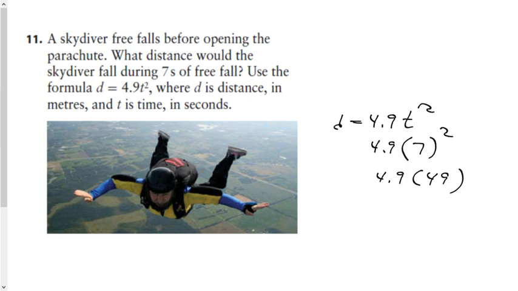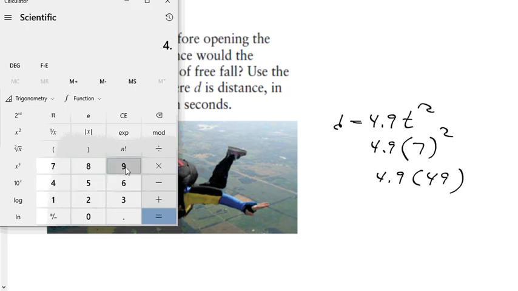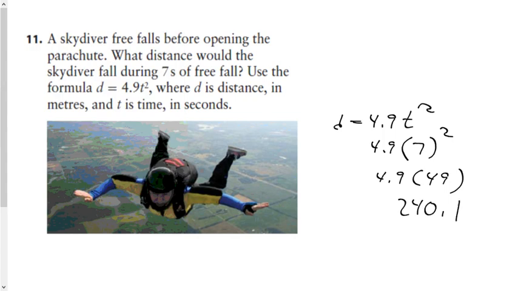4.9 multiplied by 49 is 240.1. Distance equals this. So therefore, after 7 seconds of free fall, not accounting for wind resistance or air resistance, I